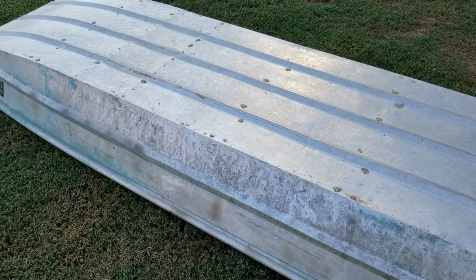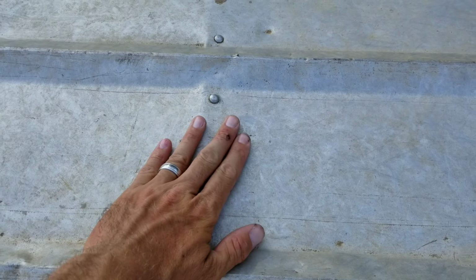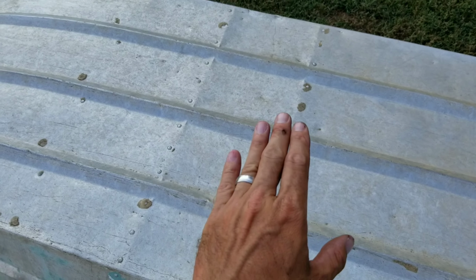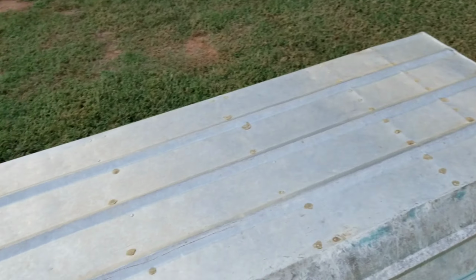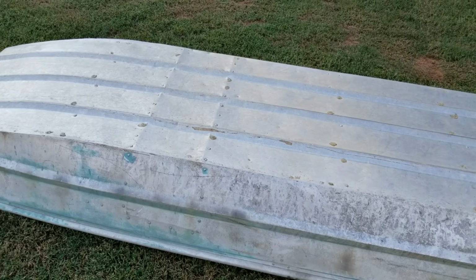I mean, this thing is super lightweight, but super thin, and it flexes, and you could tell how it warped and bent where your ribs are, and then how it's kind of caved in where there's no support. So anyhow, one of the things I'm going to do on this is the epoxy bottom and then a new paint job on the outside. That's going to be one of the first things I do. But the very first thing that I do